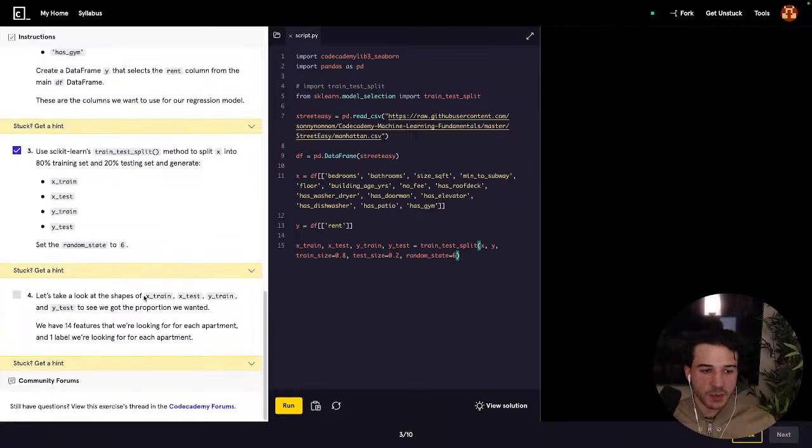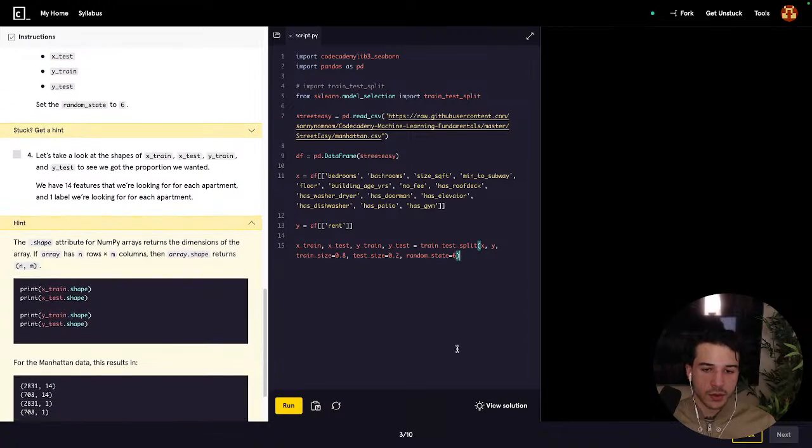Let's take a look at the shapes of X train, X test, Y train, and Y test to see we got the proportion we wanted. We have 14 features that we're looking for each apartment and 1 label we're looking for each apartment. So print X train. The shape attribute for NumPy arrays returns the dimensions of the array. If an array has n rows times m columns, then array.shape returns n, m. So X train.shape